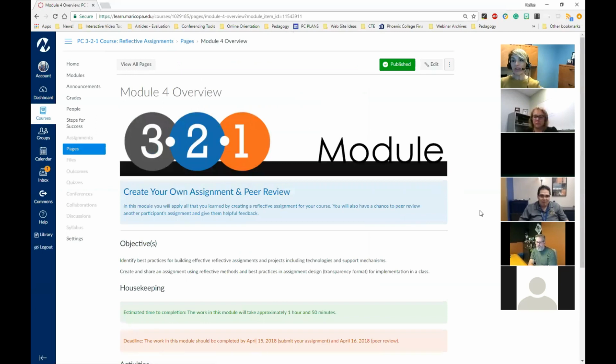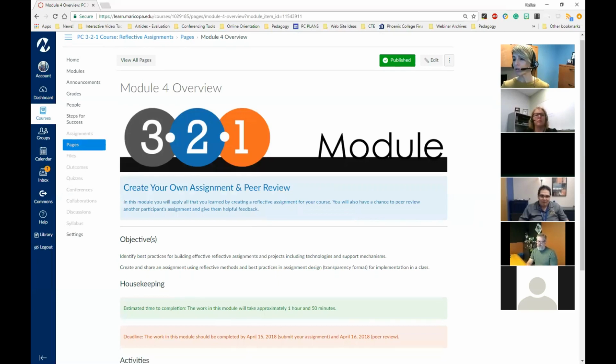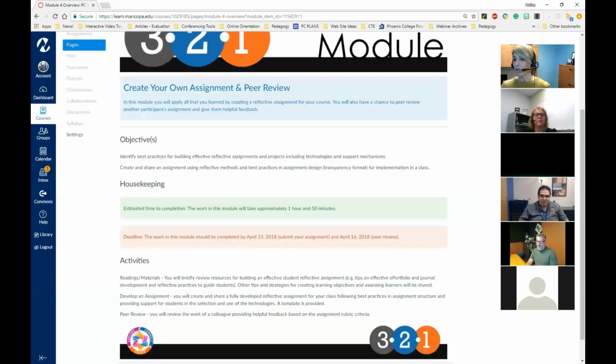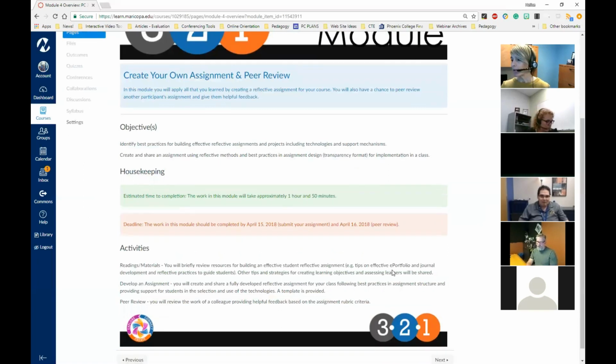All right, and so then finally, you've learned about the pedagogy, you've learned about tools to support that pedagogy, you've done the pedagogy yourself from a student perspective by doing your own reflection and doing your own reflective work. And the last piece is to build your own assignment that you could immediately implement technically if you wanted to in one of your courses, or implement it in a future course. So again, the module outlines what's required, how many hours it requires, and when it is due,